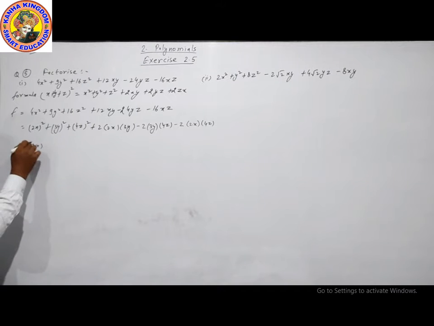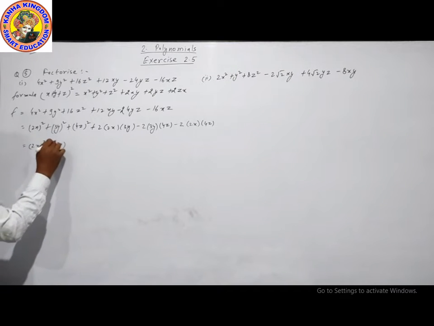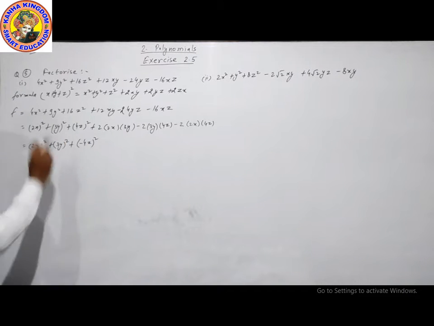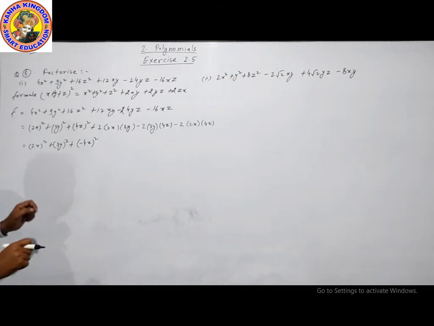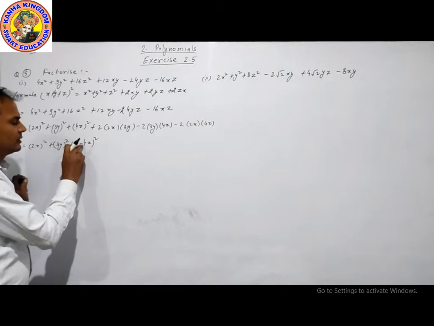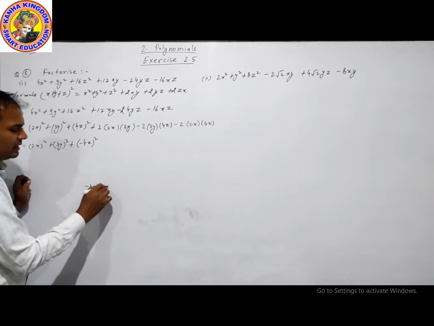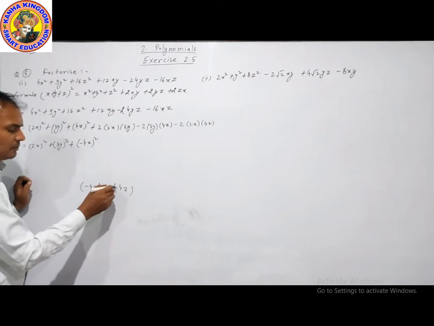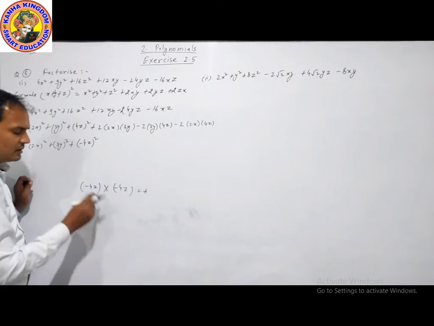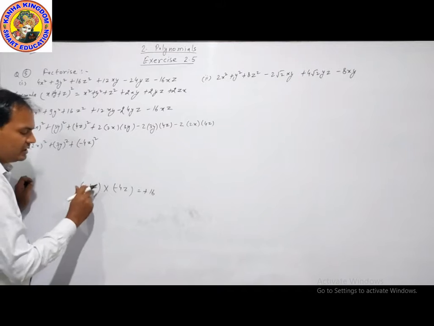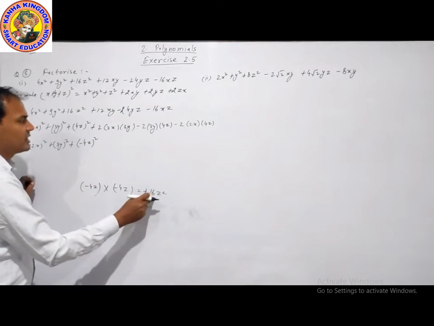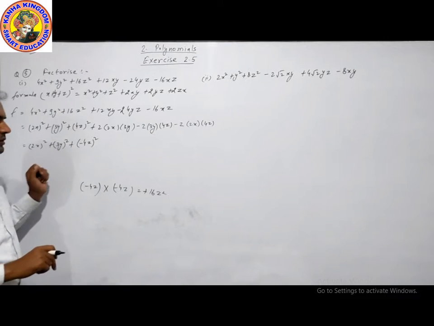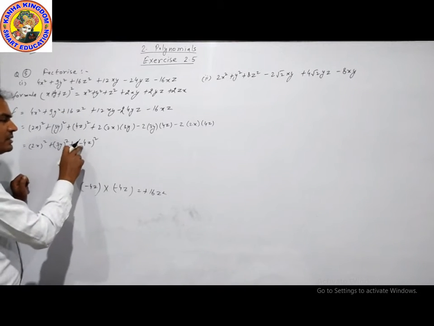Now we are writing the term again, minus 4z square. The z is minus, so we are making the z a minus term. In this term, minus 4z into minus 4z, the square term is: minus into minus is plus, 4 into 4 is 16, z into z is z square. This is 16z square positive. So we can make this as a minus term.